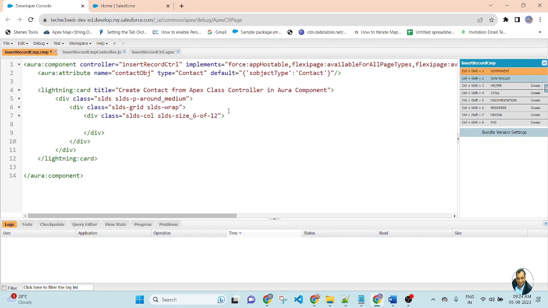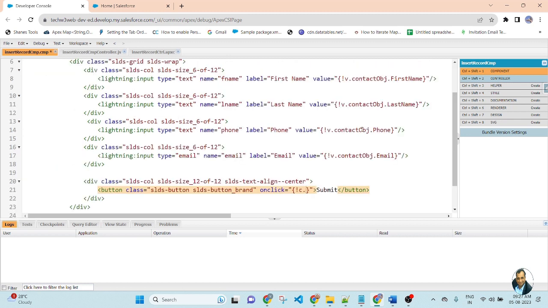Then here I will create a lightning input field. Lightning input, name equal to name, type equal to text, value equal to.